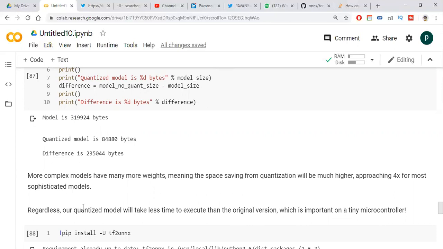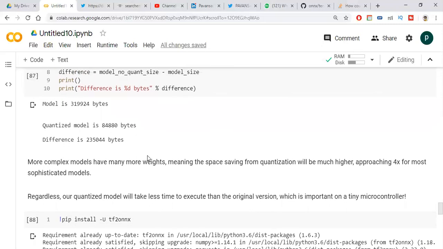If the model is not complex, there is no such big difference between the quantized model and the TF-Lite model. But in our model, I am taking an input layer and two dense layers, and I am giving 100 neurons, so it is a complex model. That's why the difference is high.